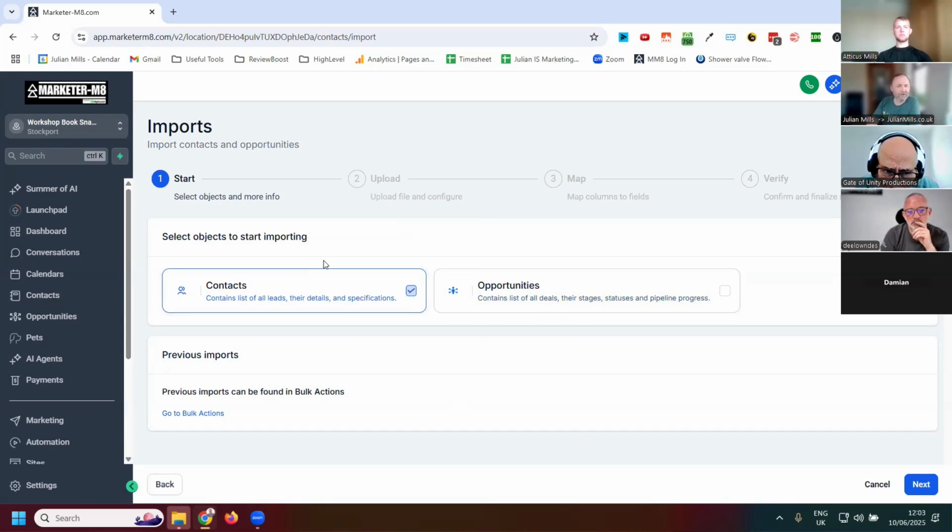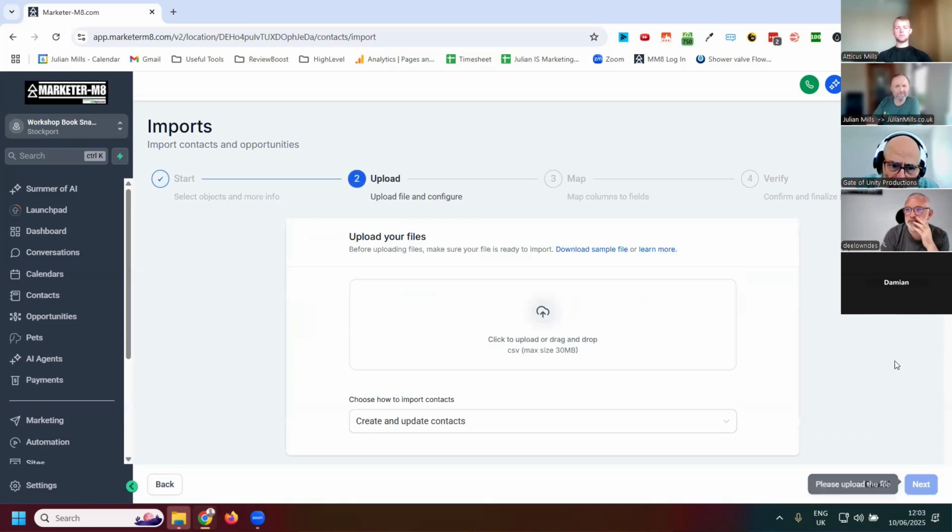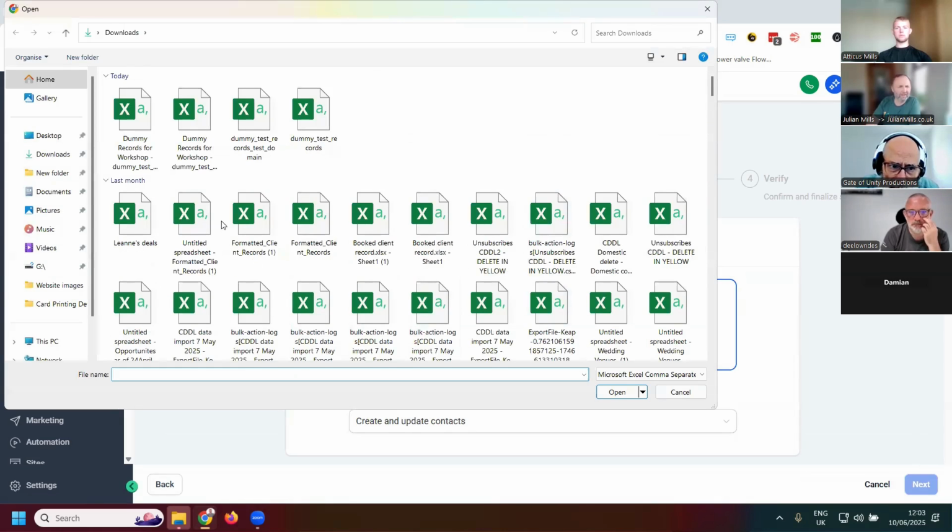At this moment, we're just focusing on the contact records, or the objects as they're called in database terms. It's just a container for holding data. This is a contact record. Click on here, go to next. Navigate to the file to import it. Here's one I made earlier. So I'll import that. Hopefully it's CSV,